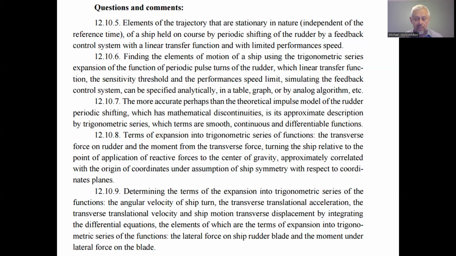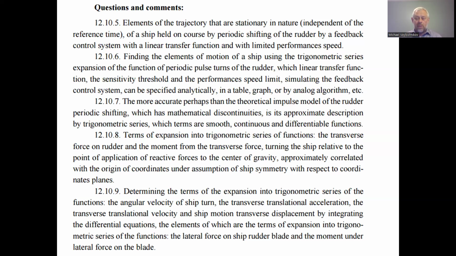In practice, we have no functions with breaks because of any gaps in the system, delays and gaps in the system of the control, delays of the action of the system, and the gaps of the mechanical system of the ship's control. Actually, we have a more smooth